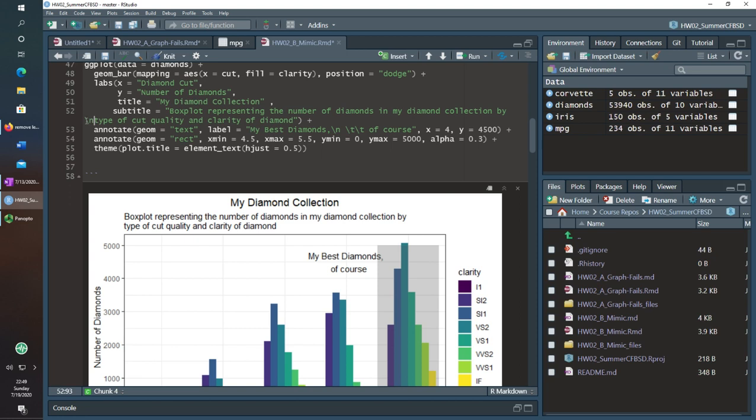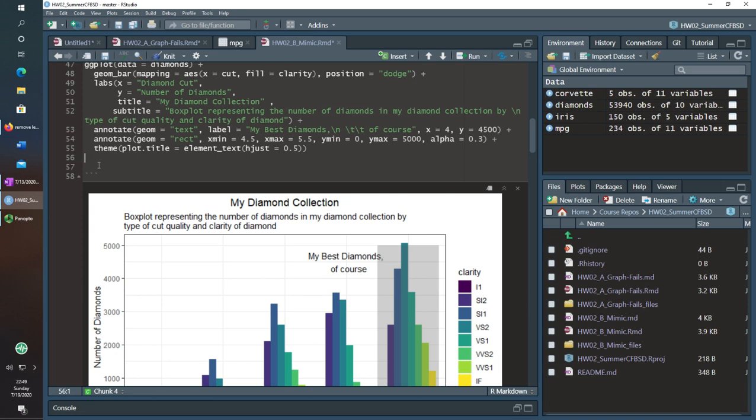But what we see here is that I use this \n, and again, I mentioned this in the factor video as well, but there is some interpretation that goes on when you have a character vector, and this \n means new line. If I wanted a tab instead, you can do the \t, and that is actually useful for reading in data sometimes.